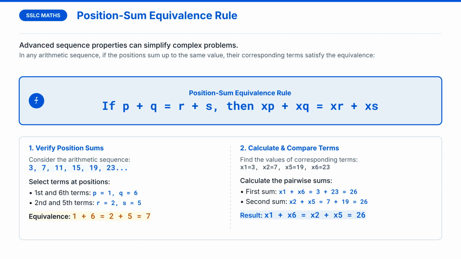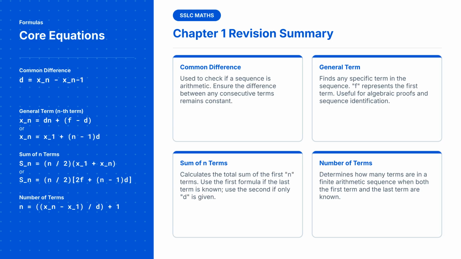Use the position sum equivalence rule to simplify complex problems. If the sum of positions is the same for two pairs of terms, the sum of those terms will also be identical. To summarize, use the common difference to check for arithmetic sequences, apply the general term formula for specific values,